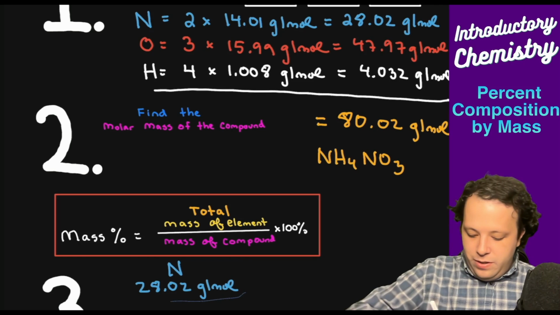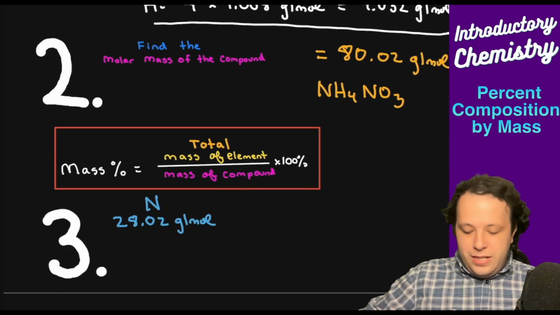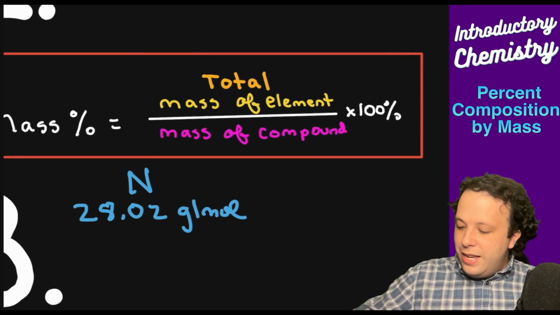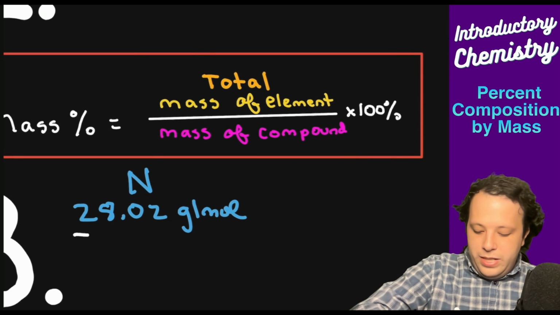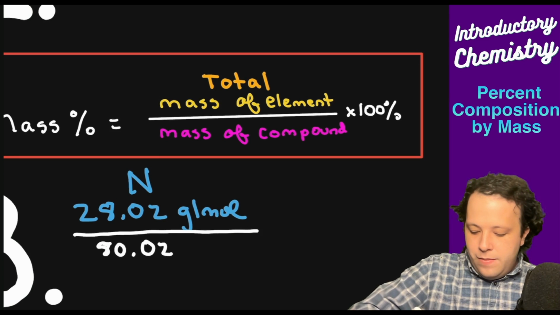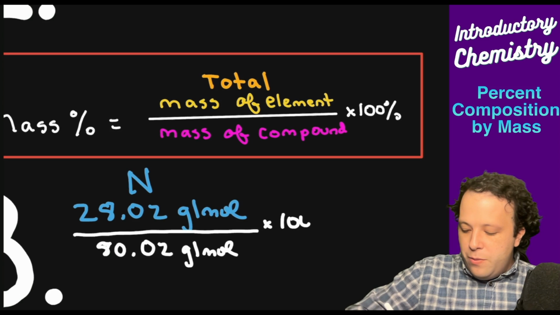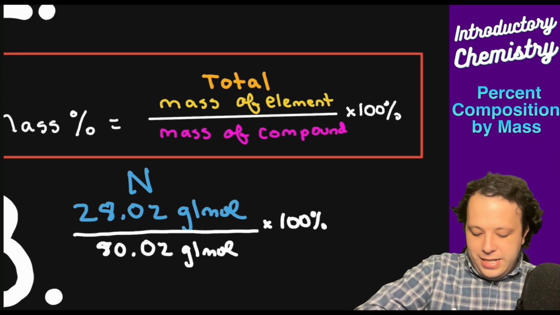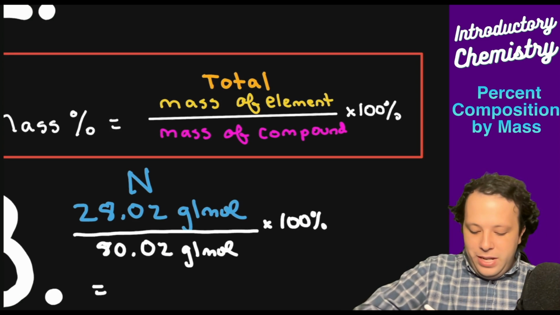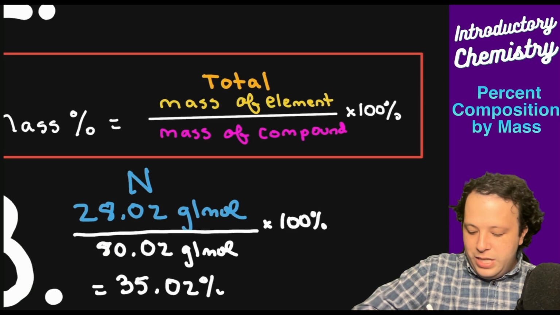And what we are going to do is divide that by the total, which was 80.02. And the whole thing is going to be multiplied by 100 in order to make it a percent. Now, when we go through that, we should get 35.02%